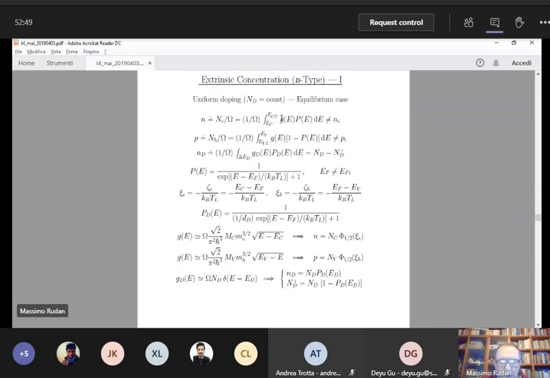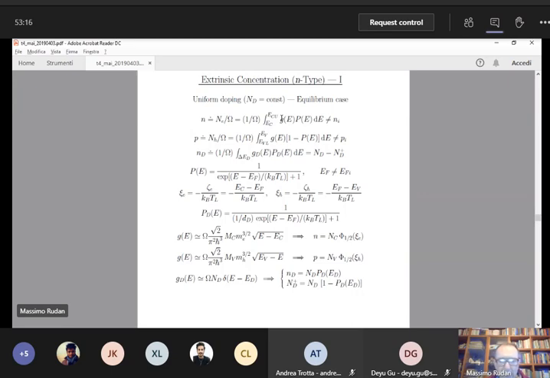And finally, you remember that small nd is equal to capital Nd minus Nd plus. So you can extract Nd plus equal to Nd times 1 minus PD calculated at Ed. So you have the expression of all quantities